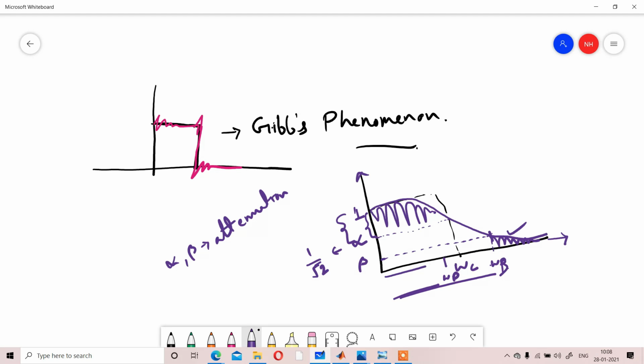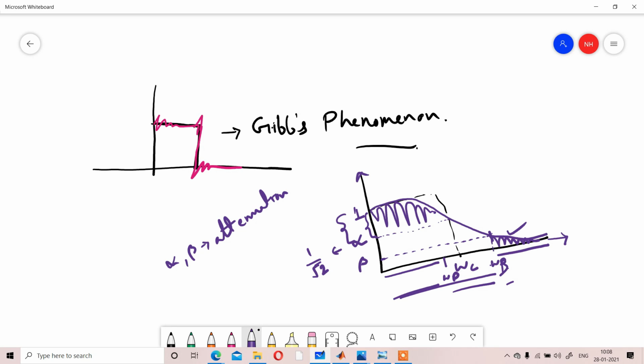Omega p means up to that you will consider, after that you will not consider, and between omega p to omega s, that range will be some transition band that you have to decide whether you will consider or not. That type of parameter will come whenever you design a filter.